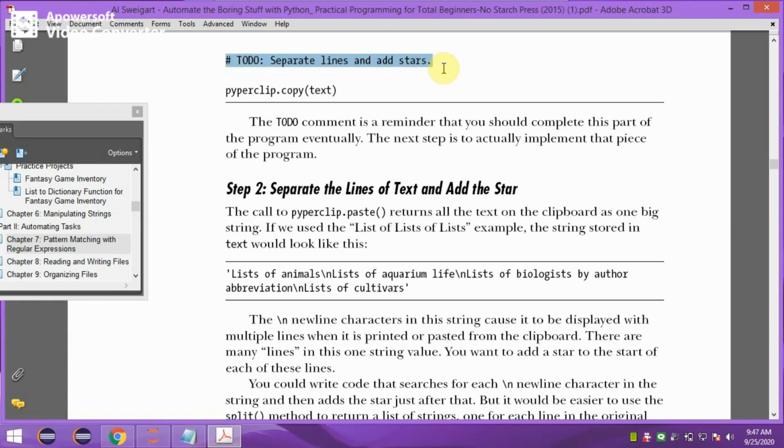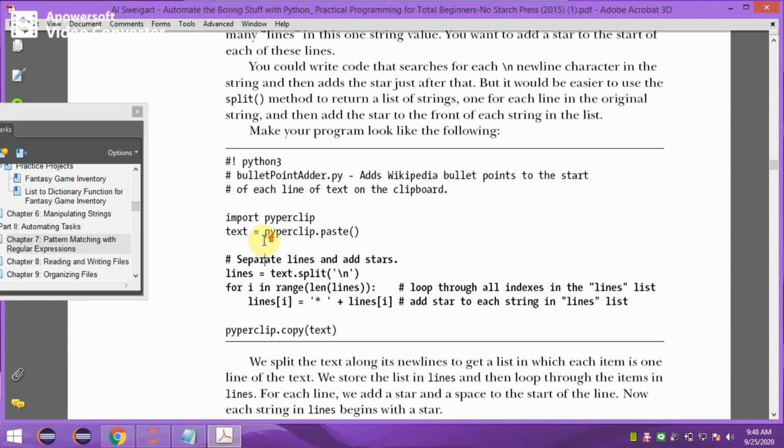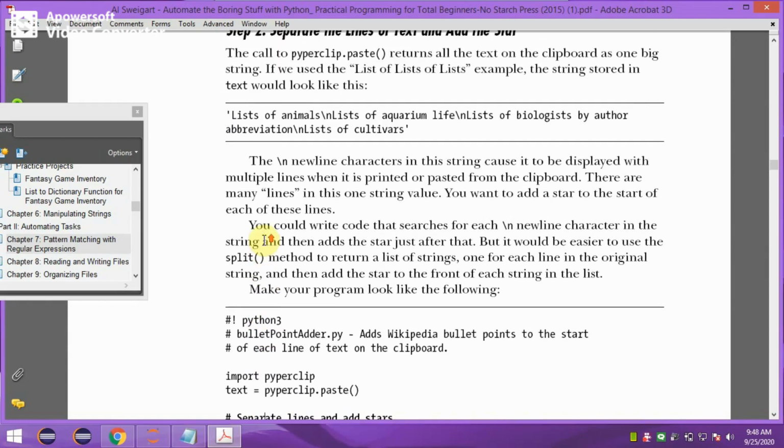The text from the clipboard is stored in the variable as a continuous set of words. This continuous set of words needs to be separated into different lines by adding \n in between different words where we require.